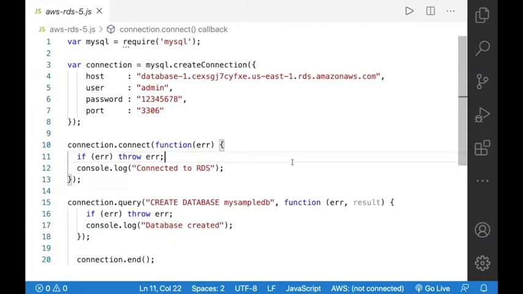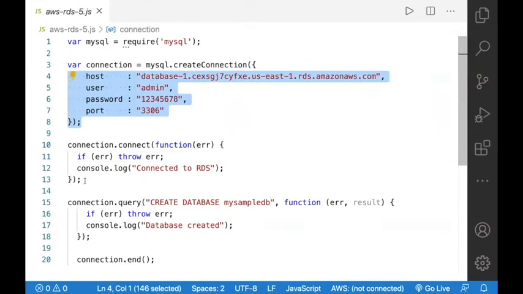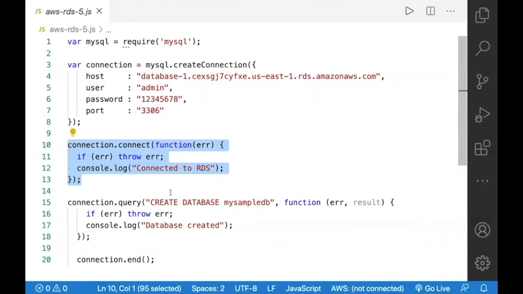This is fine. So far we have used existing databases. How do we use an SQL statement to create a new database? The procedure is exactly similar. Configure the connection parameters, connect to the RDS, then you can execute create database mysampleDB.